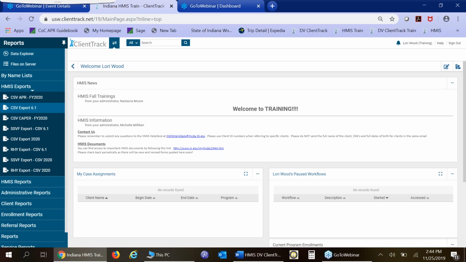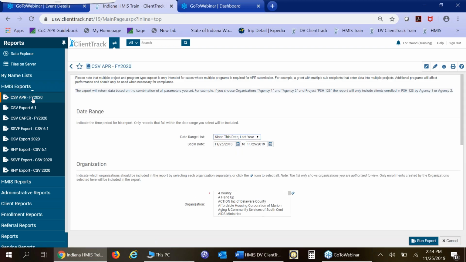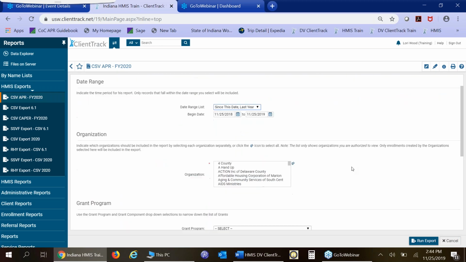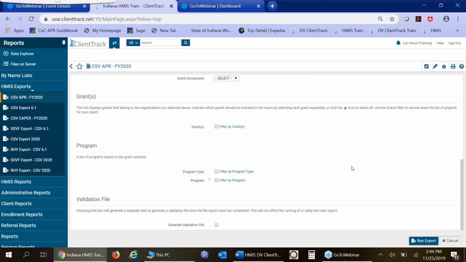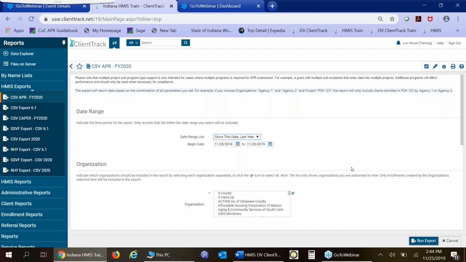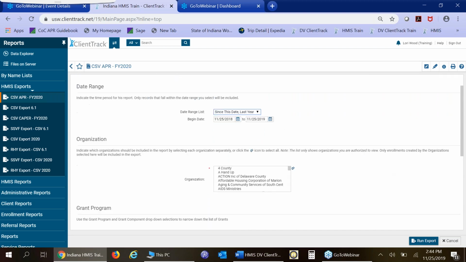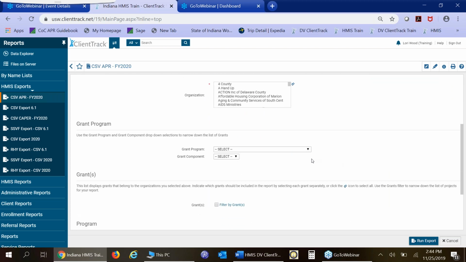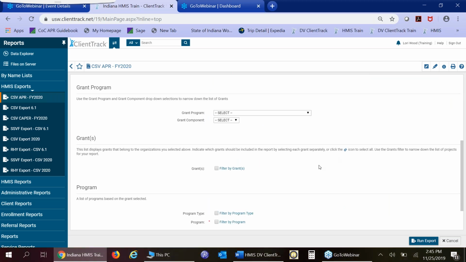So I'd like to start off with the APR, and you find that by clicking on the HMIS exports and then clicking on the CSV APR FY 2020. Now, I've already run an APR earlier, forgive me, and it is saved on the Files on Server. To run an APR, you go through the Report Parameters screen, enter the information, the date range, the grant component, the grant program,